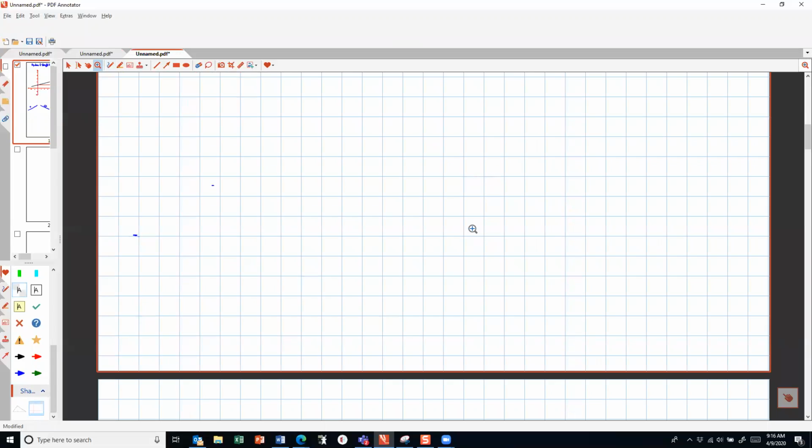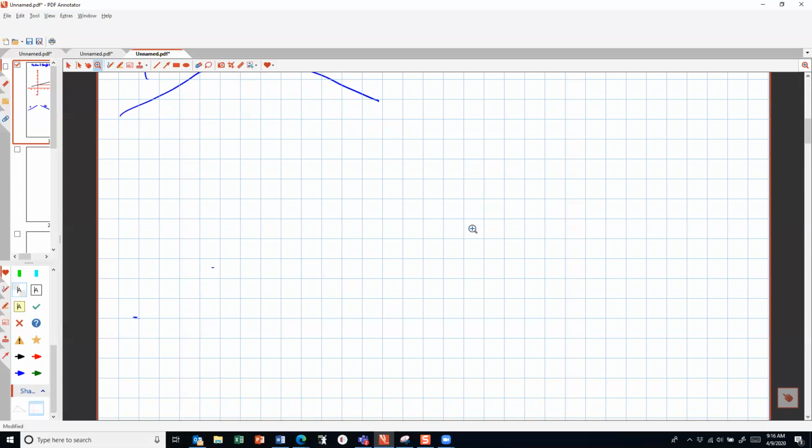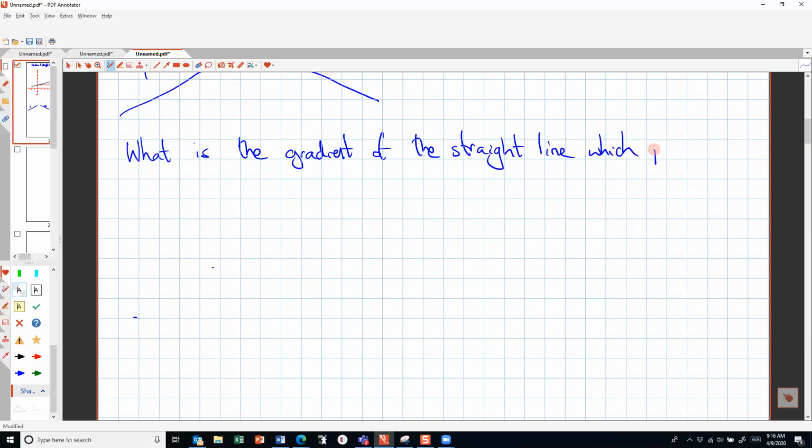Early 2000s graphics. All right. Let's say we have a question that doesn't have a picture. It says, what is the gradient of the straight line which passes through coordinates, let's say,